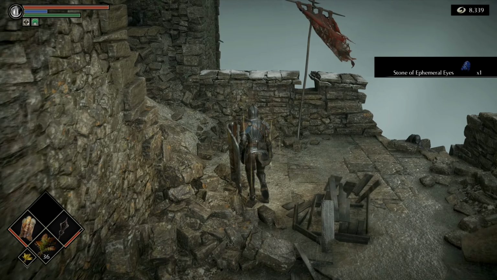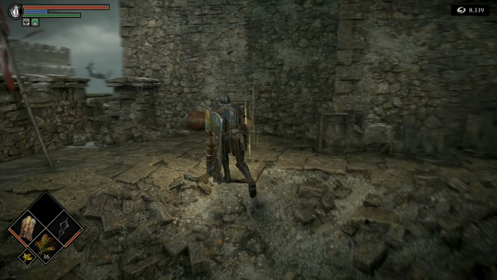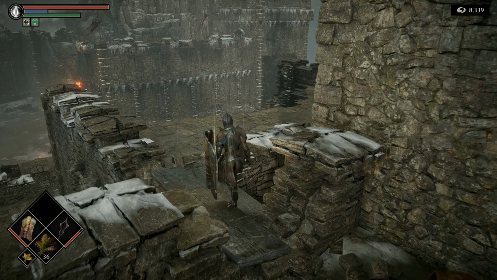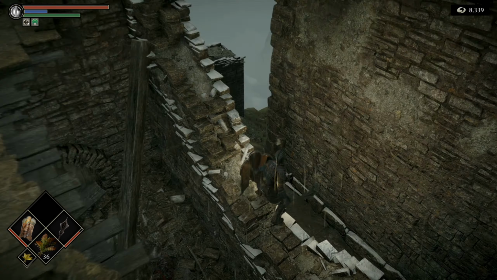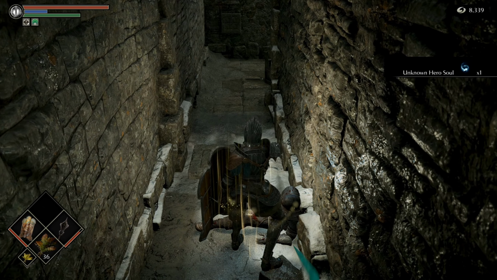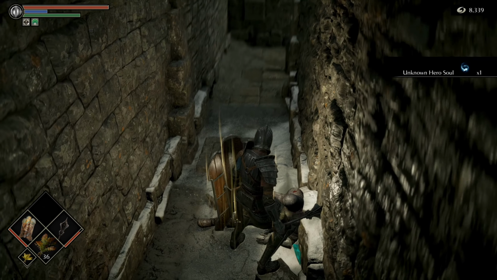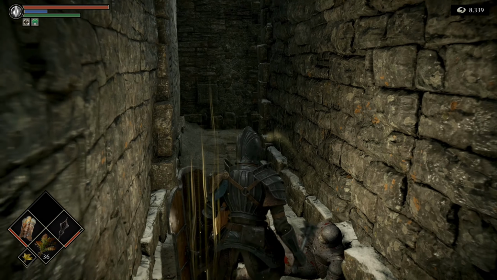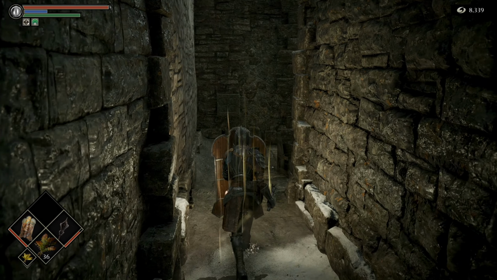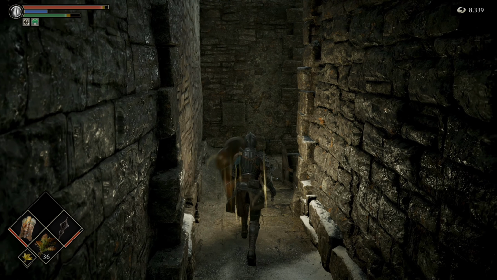And once you're done pillaging everything, you want to go back to the top of the area where you got the shield. Do a little run jump here. I mean, there's no jumping in Demon's Souls, but if you hop down there, you can actually skip this pressure plate, and you can see where the trap shoots from right there. If you go the normal way, that trap shoots you in the back. So, just to show that off. You're usually coming in the other direction, but